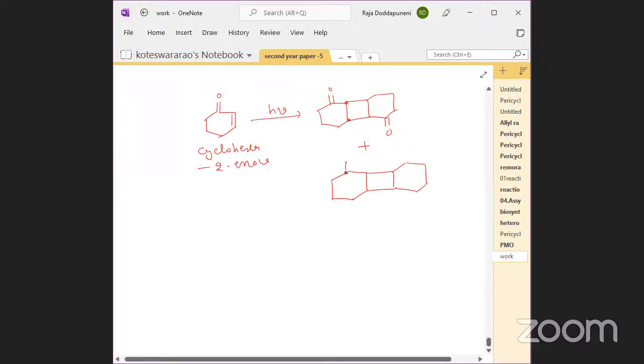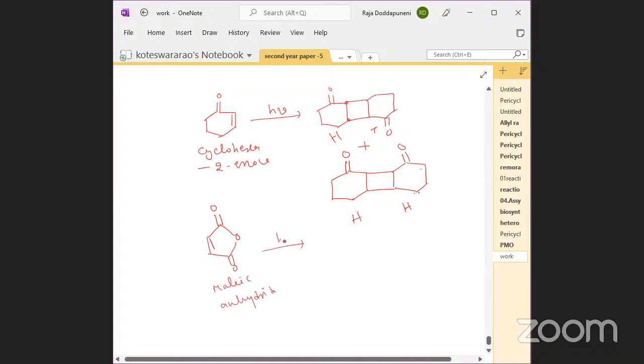This is the head of the second substrate. Now this is known as head. Oh, sorry, head to tail is already given. This is the head-to-head product, and this is the head-to-tail product. Both products are given. Now, when you are using maleic anhydride, this is maleic anhydride,